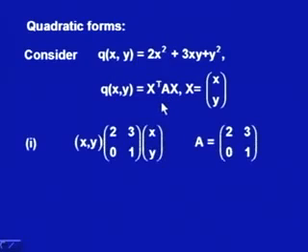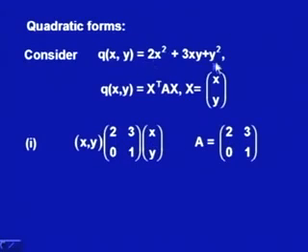A is a square matrix of order 2 by 2. So we write this 2 and this 1 in the diagonals, and this quadratic cross term is written as 3 here and 0 here, and that makes the matrix A as 2 3 0 1,